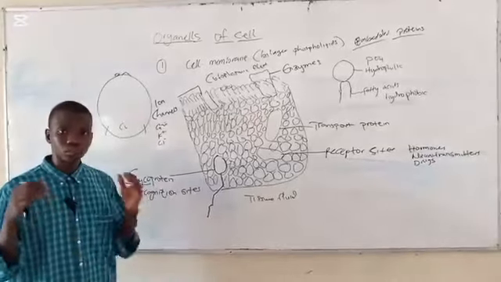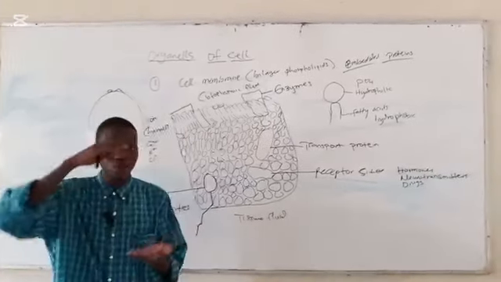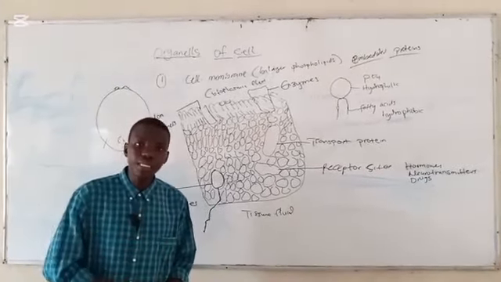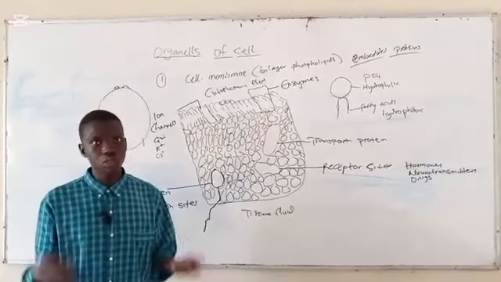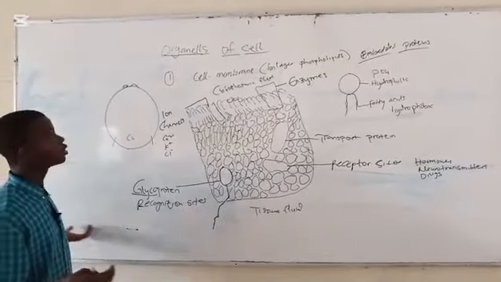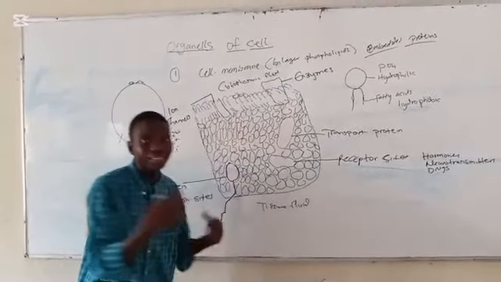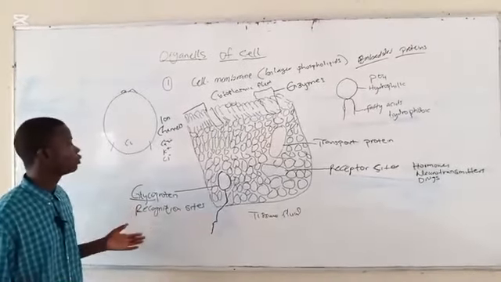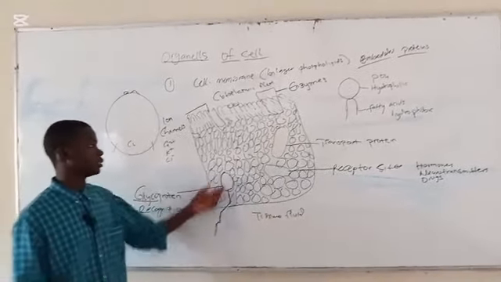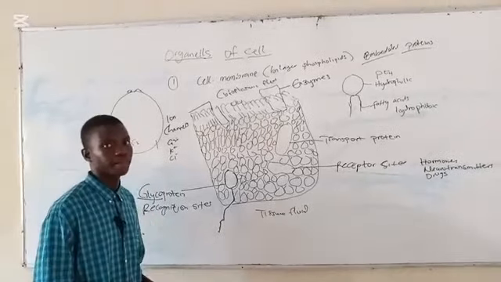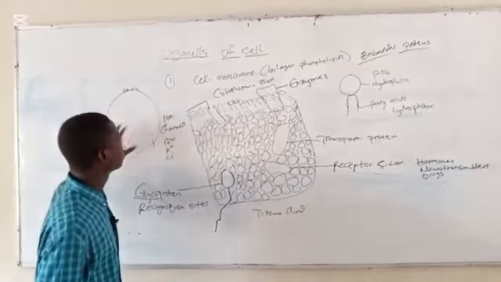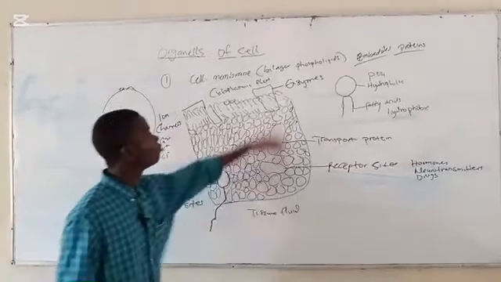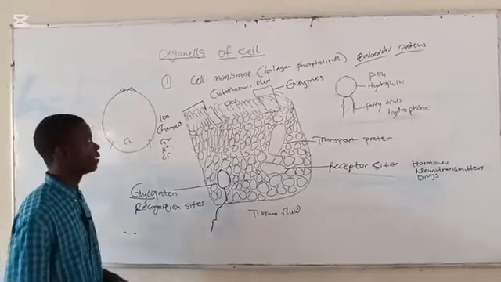And what that drug does is that it helps to suppress or to inhibit the immune response so that the immune system does not end up destroying that transplanted organ. So that is to show you how important this aspect is. And that brings us to the discussion of the cell membrane.